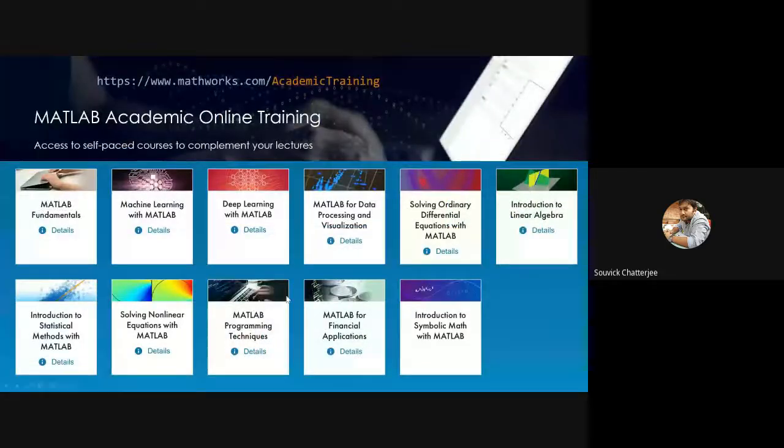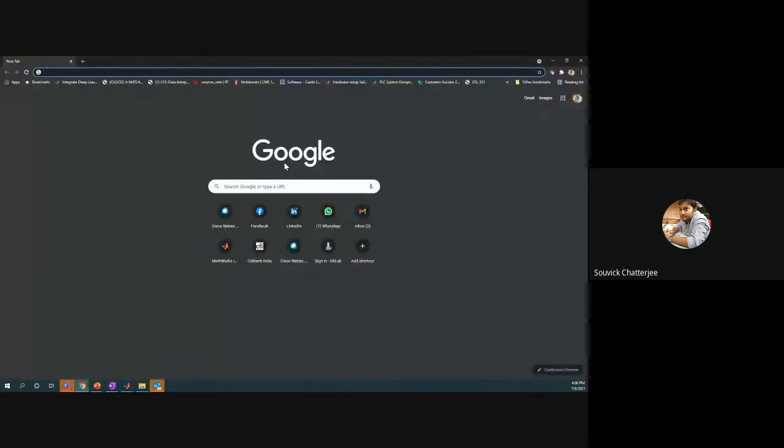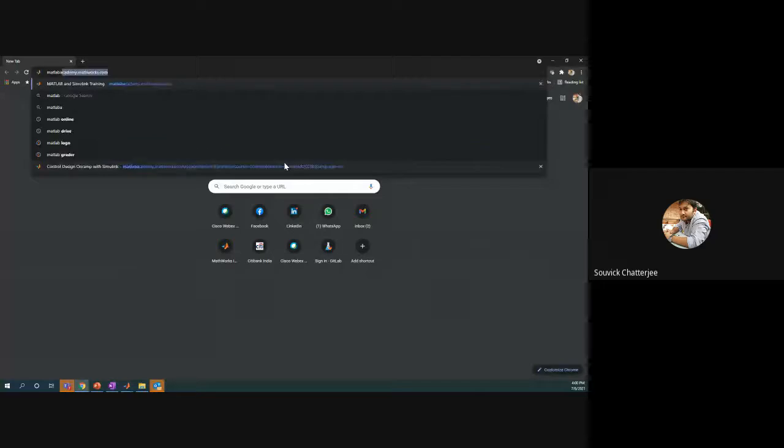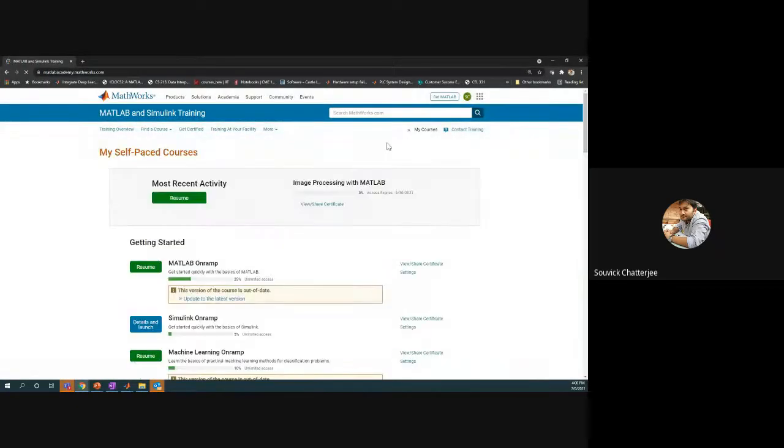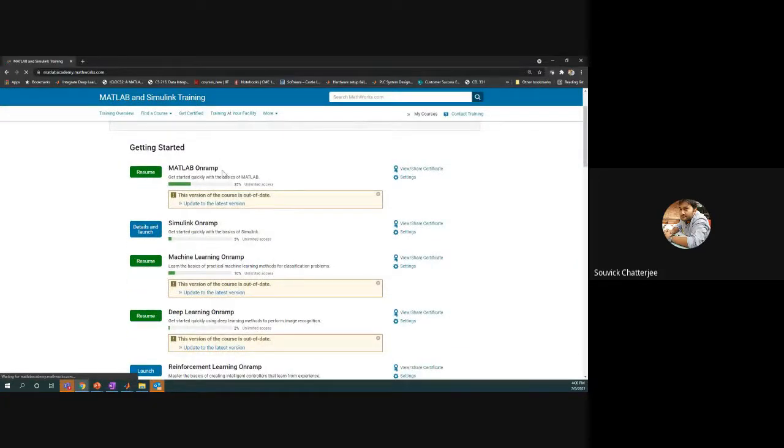Now for getting started, many of you are starting up, so there are a lot of different courses in MATLAB, and all of these exist in MATLAB Academy. If I go into MATLAB Academy, you can see that these courses are great to get started. MATLAB Onramp is a course you can do when you have no experience in MATLAB. These are all hands-on tutorials. It asks you to do an assignment, and once you are done, it goes to the next assignment and so on.